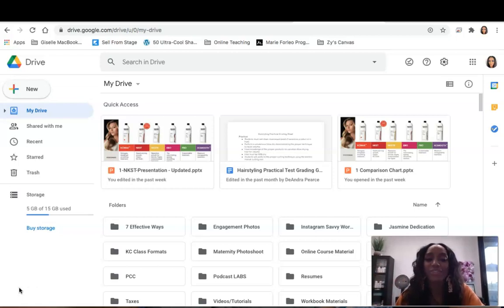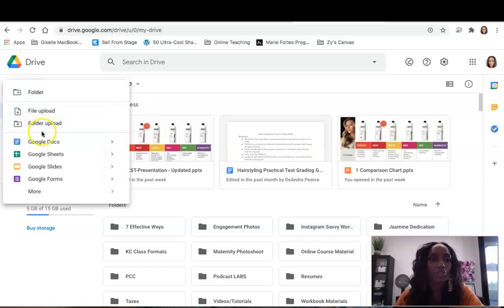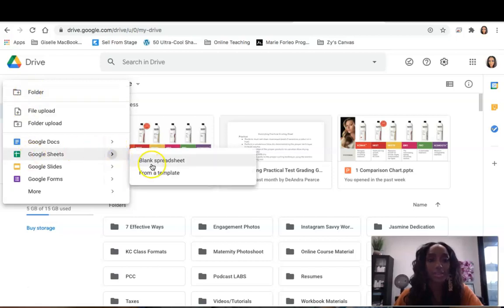But it's very simple. If you already use Google Docs, then use the Google Docs templates, or not Google Docs templates, but Google Sheets. It's totally free and they have a lot of templates for you. So I'm in my Google Drive now. I'm going to select new and then go to Google Sheets, and then instead of a blank spreadsheet, I'm going to use from template.